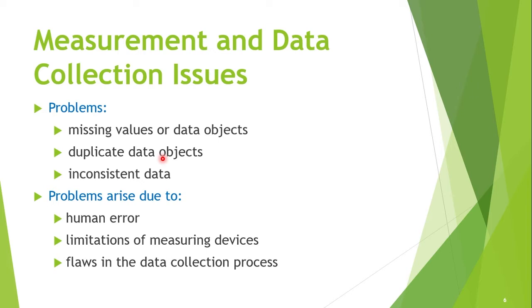Even if all the data is present and looks fine, there may be inconsistencies. So, the third problem that we will be discussing is inconsistent data. So, a person has a height of 2 meters but weighs only 2 kilograms. So, inconsistent. How can a person be 2 meters high but his weight is only 2 kilograms? Okay? You are 2 meters tall and the weight is just bones or just skin. So, these are the problems and these are the reasons or the causes of the problems.